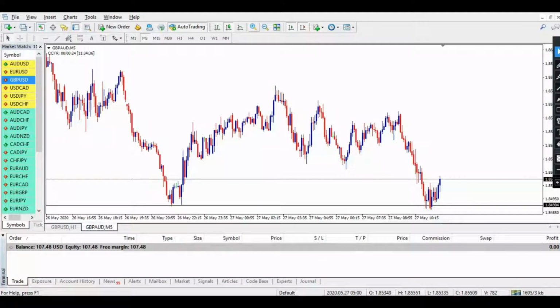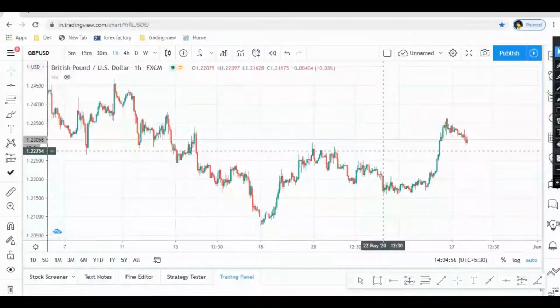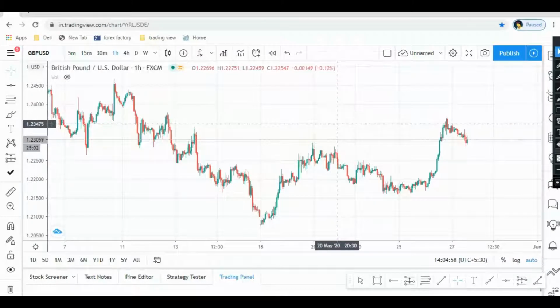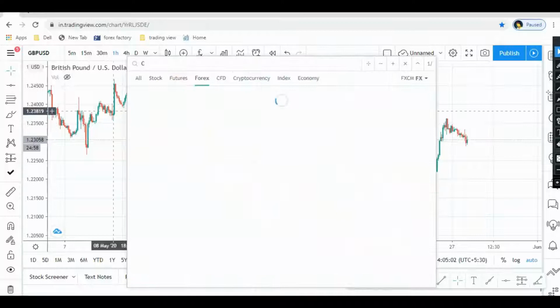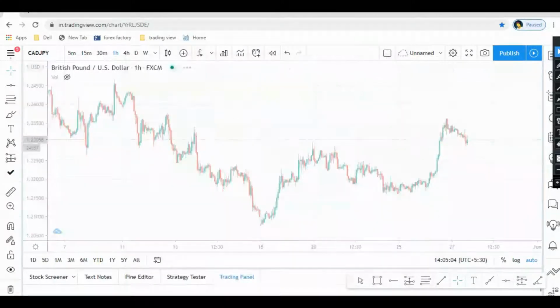You will get plenty of trades in a day, but be careful, because you have to make your rule, and no matter how, you have to strictly follow that rule. So as I did, I have taken two trades in front of you, and both of them are going in profit. So let's find out another if I could find anything. So let's switch to the Canadian CAD JPY.